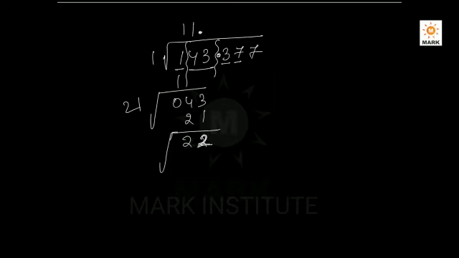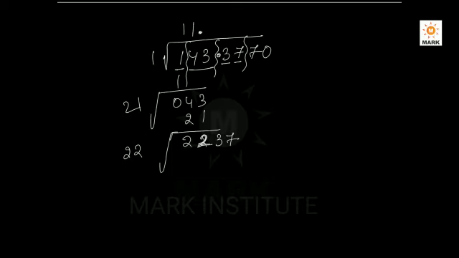No problem if you don't have the next 2 digits, you can put 0 here, because after the point 0 does not make any sense. To make the pairs of numbers, you can make it 0 here. So the next 2 digits, 37. So I am downloading 37 here. So what is double of 11? 22. So what number do we put here to make it very close to 2237?